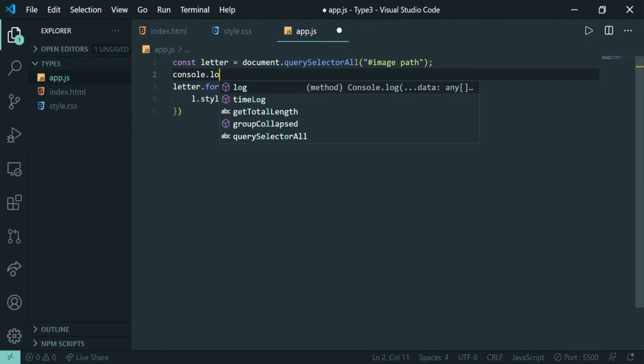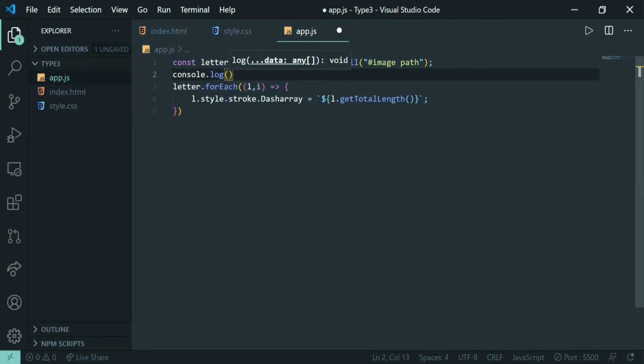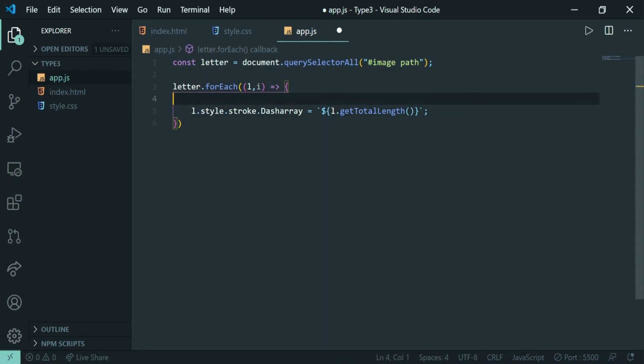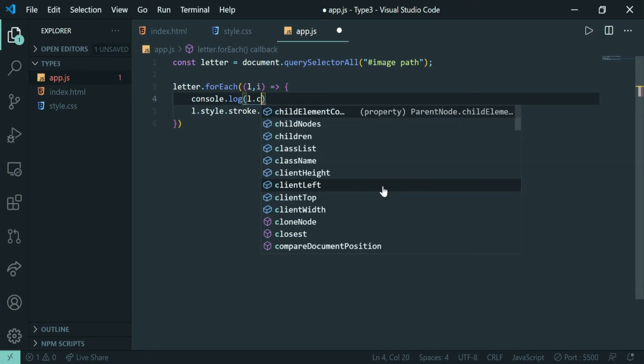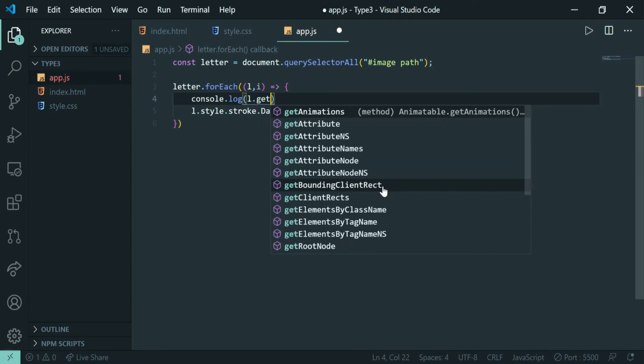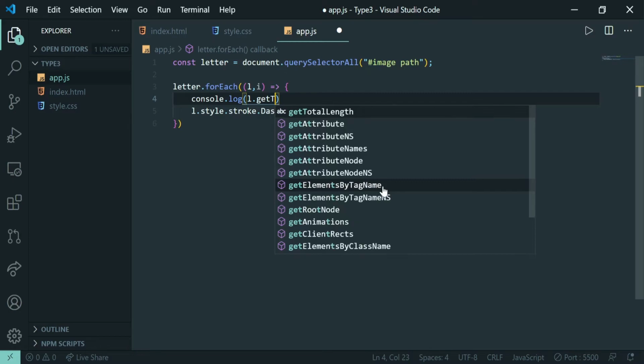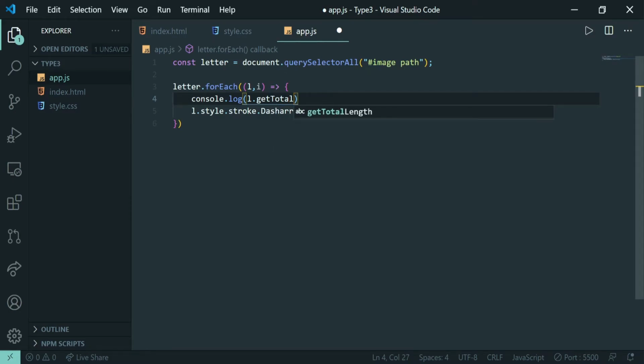So console log, and let us console log this for every element, so inside the loop only. This will be L.getTotalLength(), and let us print this.